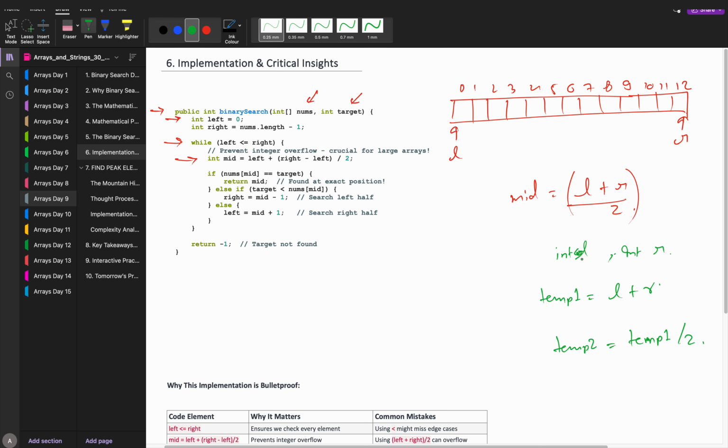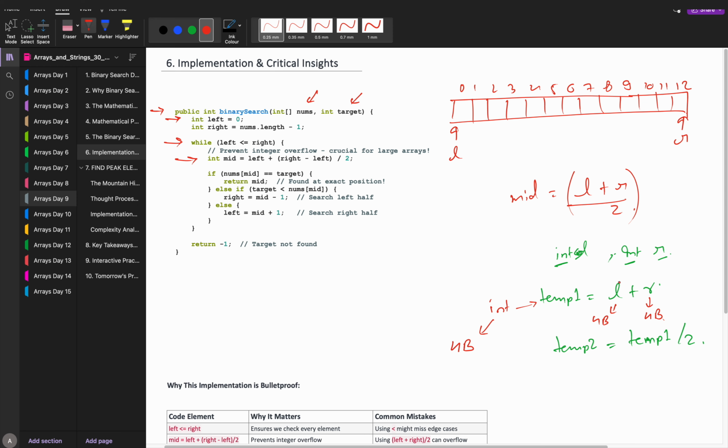But you must be thinking, if the left pointer is of type integer and the right pointer is also of type integer, then their sum would be stored in a temporary variable whose type is also going to be an integer. Okay, this will also be an integer. But what did we talk about in the very first class? What is the limit of integers? 4 bytes. Right? What is the size? The size of L is also 4 bytes. The size of R is also 4 bytes.